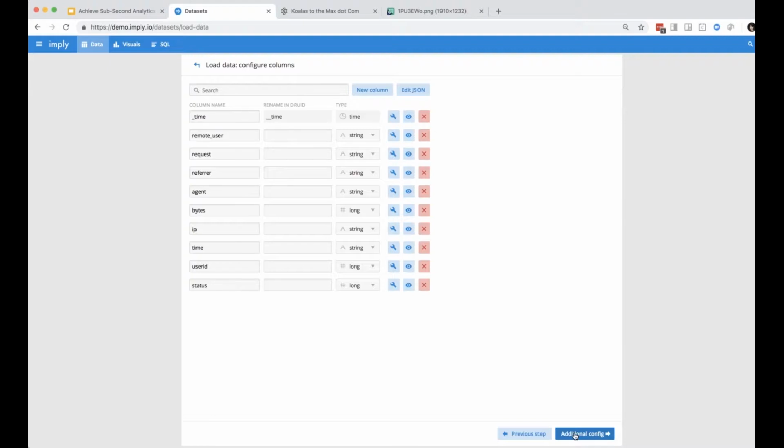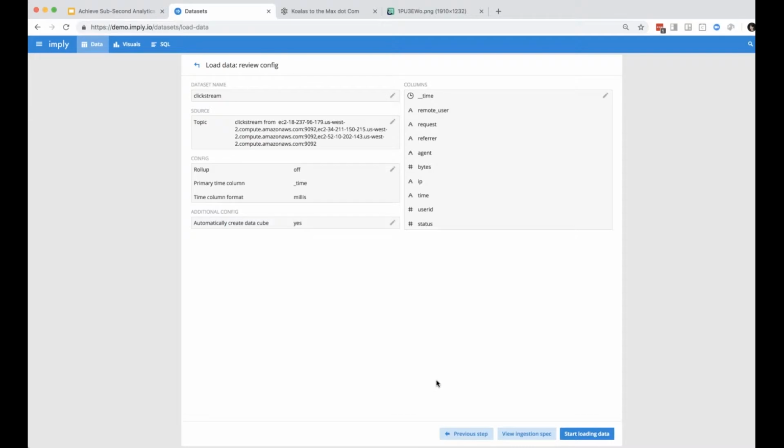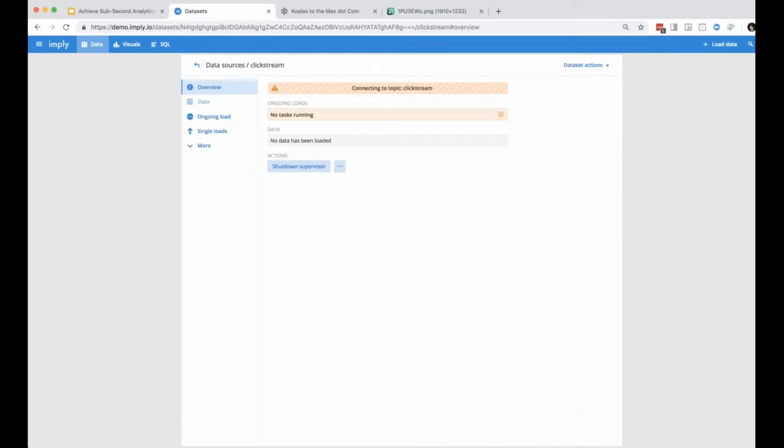I can view them, I can do some more transforms if I'd like, and I can create a data set. Notice there's a box here to create a data cube. So this will become immediately available for analytics. I'm going to review the config, and I'm going to start loading data. This is connecting to the topic clickstream, and it's going to start building out a data set for us.